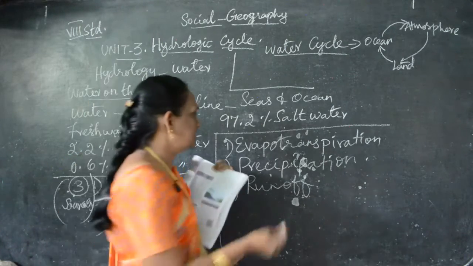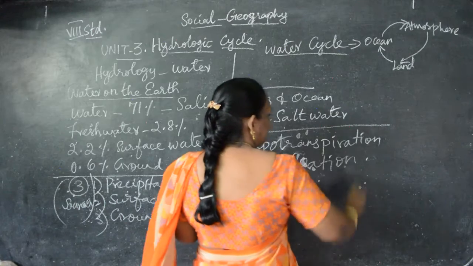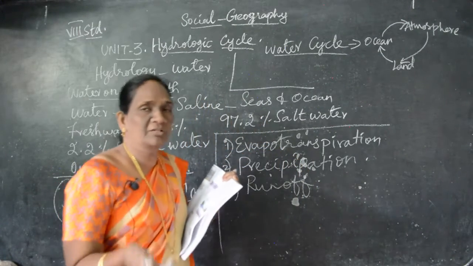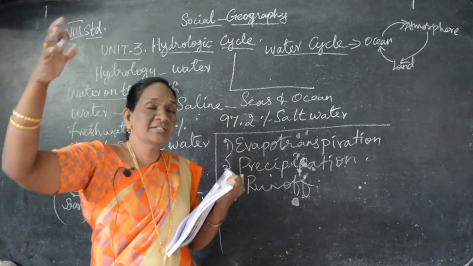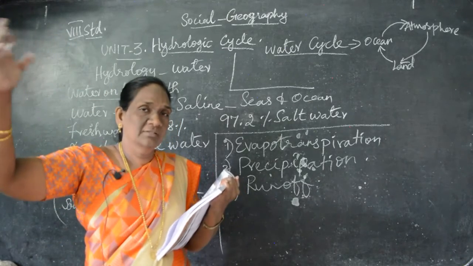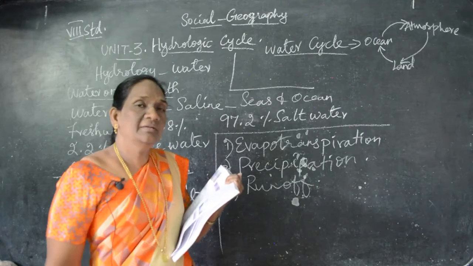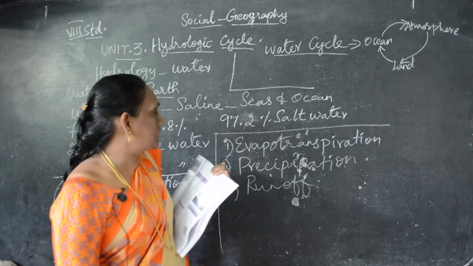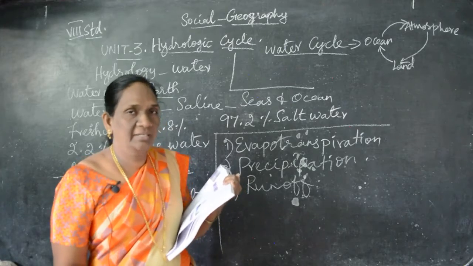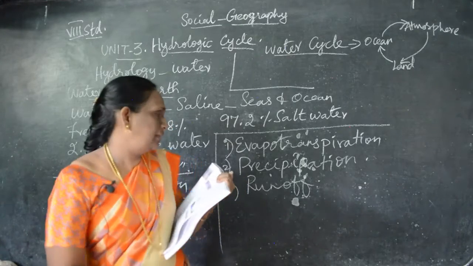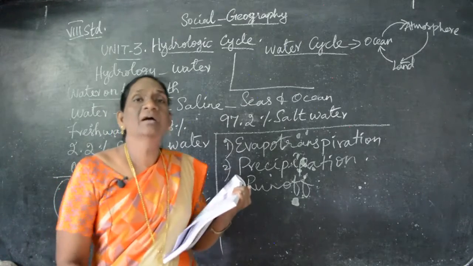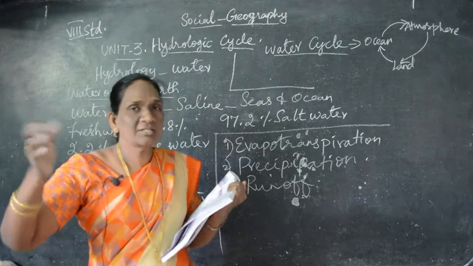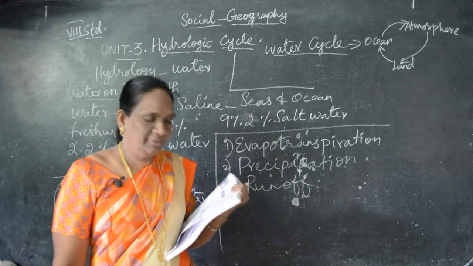So both of them together we call evapotranspiration. Then precipitation, I told you that water vapor condenses and becomes clouds. So from the clouds it comes down as droplets of water, that is called precipitation. Okay, like rain, snowfall, understand, like that we can say. Then runoff water, that is the ground water, when a flood comes and the water flows rushing, we say that, that is called runoff water. Can you follow then?